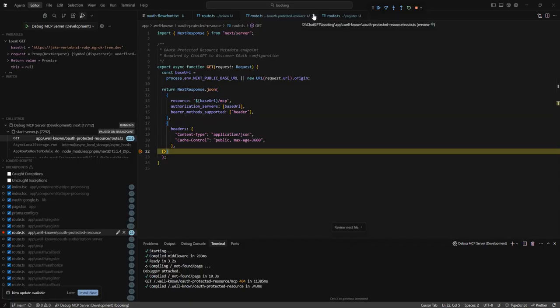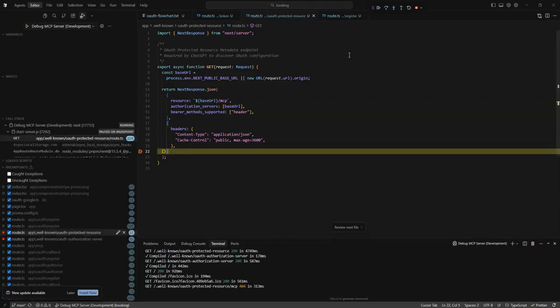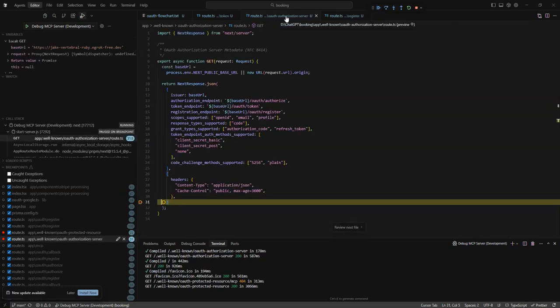For this protected resource, authorization server.